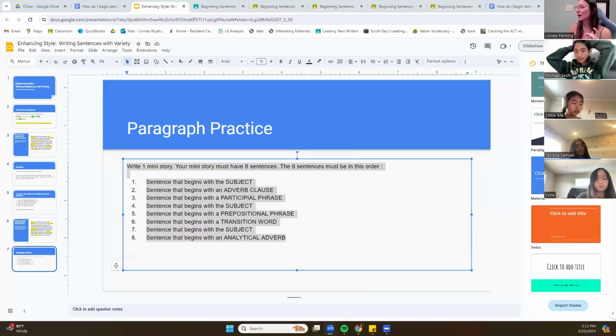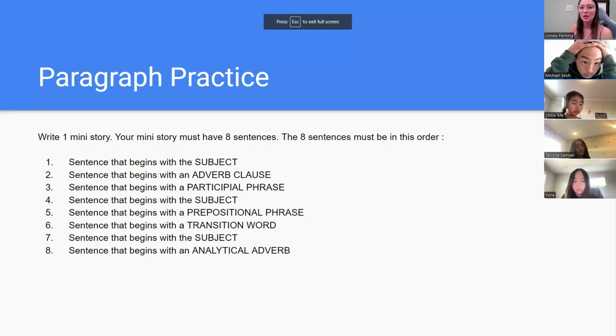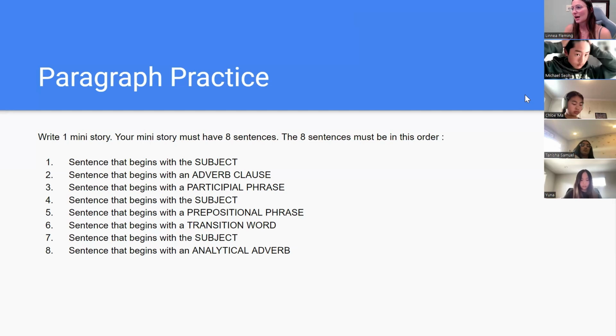So on your same doc, just go all the way to the bottom. I want you to create a beautiful paragraph. And your paragraph is going to be like a wave. So it's not going to be like a flat line where every sentence starts with a subject. You're going to have some that start with a subject, and then you're going to switch it up, then it's going to come back to subject, then it's going to go up and back, and that's how we create flow and rhythm. So as this shows, I don't want you to write sentences that don't begin with a subject.